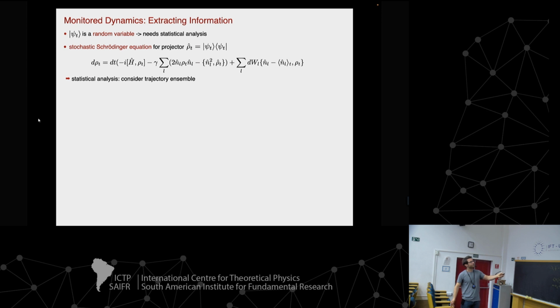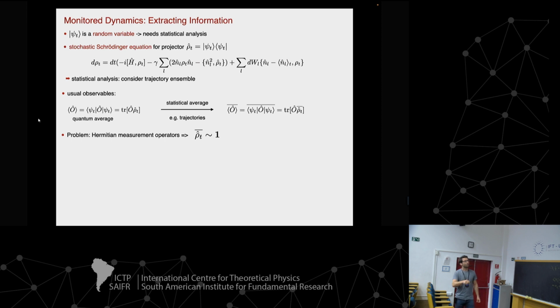So there we recognize the Heisenberg commutator. That's these conjugate states that come in. Here is then a piece that looks exactly like a Lindblad equation for a specific choice of Lindblad operators, namely our measurement operators N_L. And then there is also, in addition, this piece down there, which involves this explicit occurrence of the stochastic element.